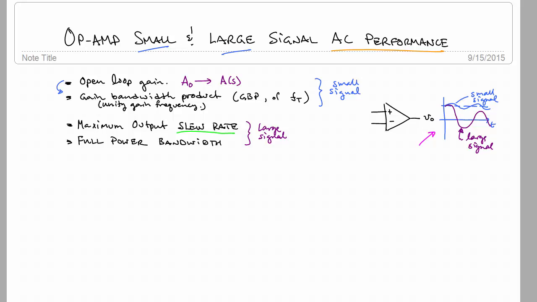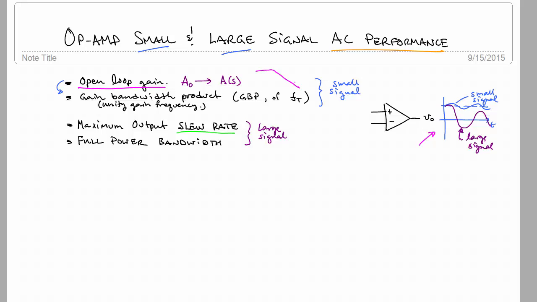So the first parameter that relates to the small signal behavior of the op-amp, and which will limit the small signal behavior of the op-amp, is the fact that the open loop gain of the op-amp is not only finite, we know that already, but it is now going to be found to be a function of frequency. And as you go to higher frequency, we're going to see that that gain actually decreases. It decreases very nicely, it's well behaved, but it decreases, and we're going to need to model that and then